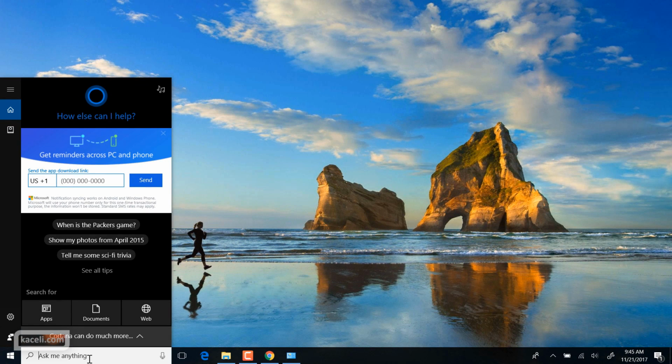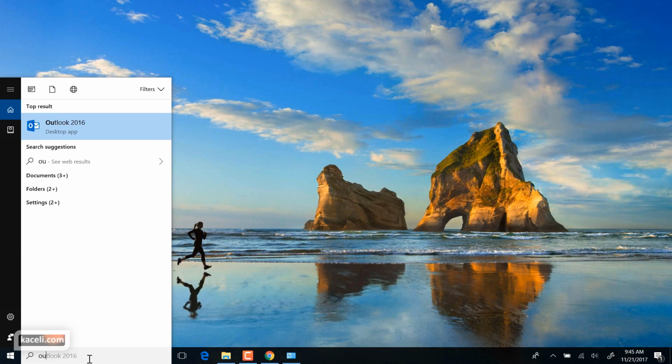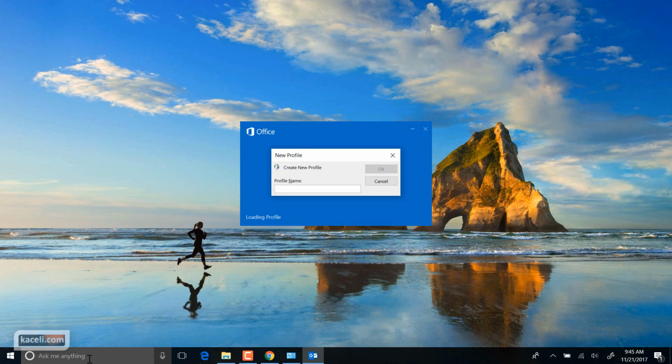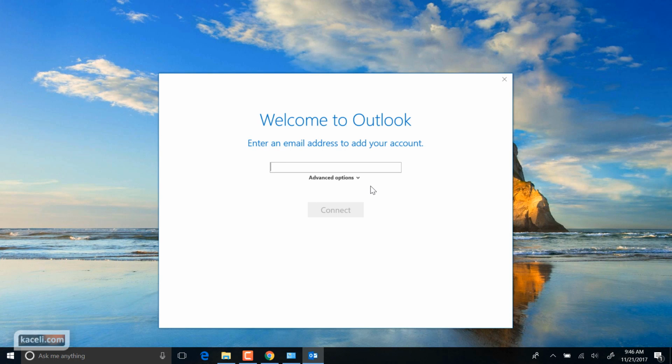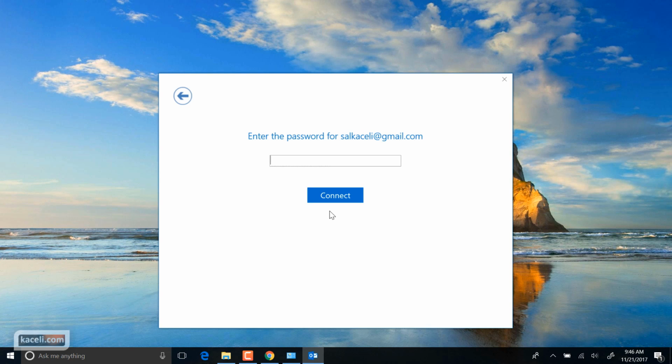I have not set up any profiles on it yet, so we'll just open Outlook. You can find it from the Start menu, or you can simply type here under the search bar Outlook 2016. So typically you'll get this, and in this case I'll just add my personal email. In this case it's my Gmail account, and then I'll click on Connect. Then of course you'll need to add your password